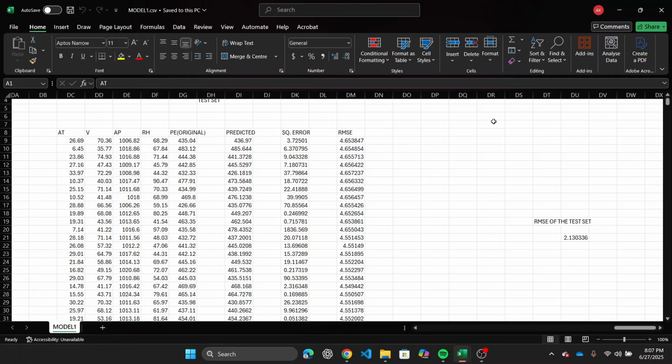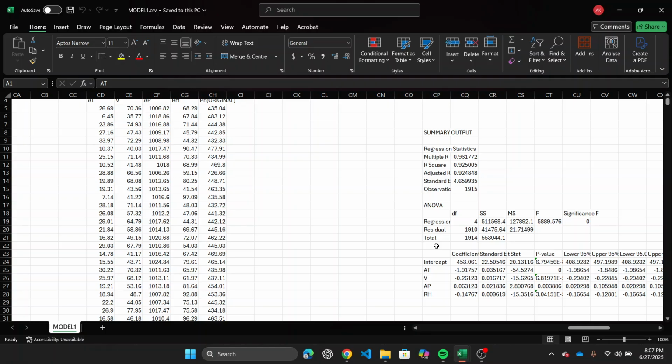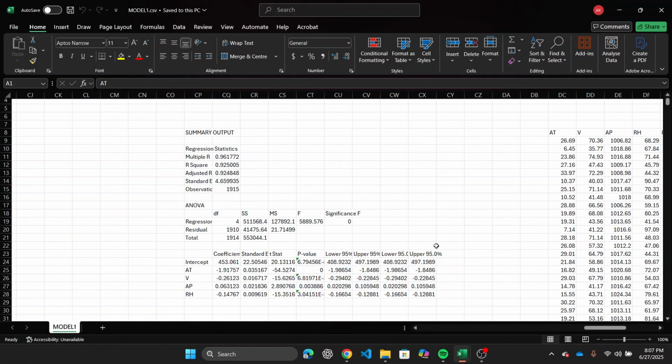So we can say our model 1 is performing very well on the new data, that is the test data, because our test data was not included in our training set. Finally, we can say that the conclusion is that model 1 slightly outperformed model 2, and in model 1 the test data, which is new data to the model,